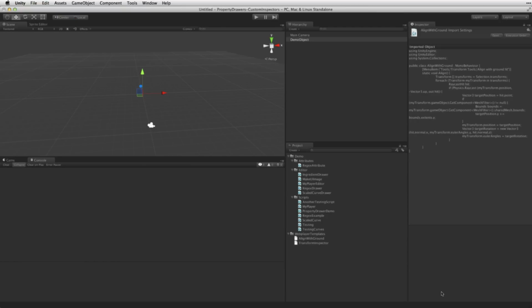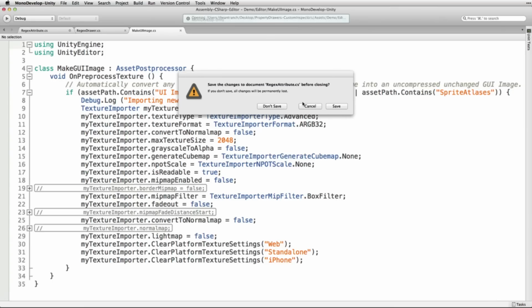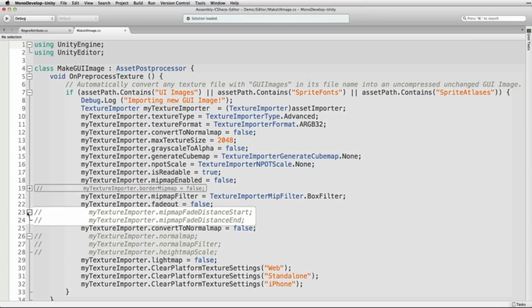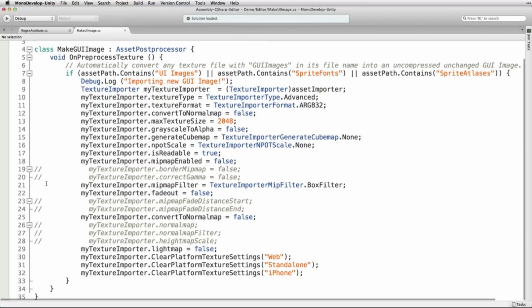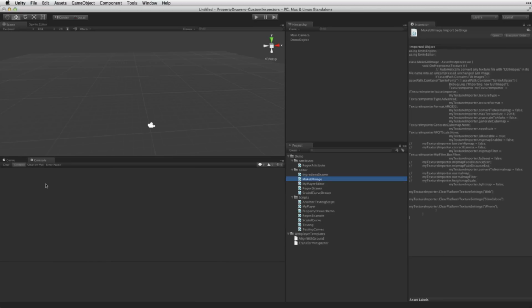So one of some of the other things that you can do, I also wanted to show you this particular script as well with editor scripting. This is not to do with custom inspectors, but again, it just has to do with editor scripting, and the things that you can do with it is one of the utilities that I used. I haven't updated it recently, but it's an asset post-processor, and this automatically sets my UI element. You can place this in your editor folder,